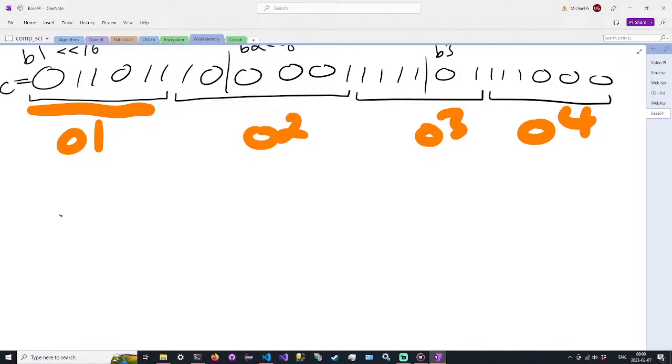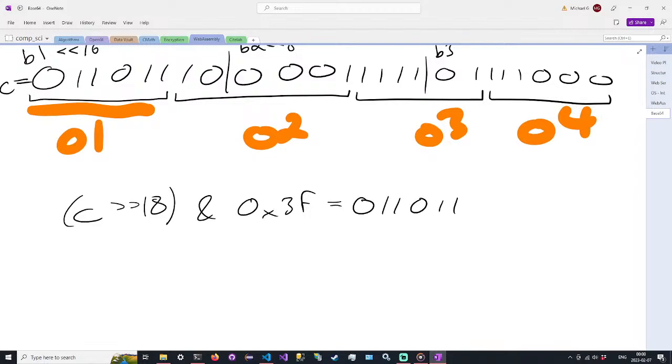So we're going to take C and right shift it by 3 groups of 6, so 18. So C right shifted by 18, and then we AND it with 0x3f to only get 6 bits. This is equal to 0, 1, 1, 0, 1, 1. And that's this group. Then the next one, C right shifted by 12 and 0x3f, this is